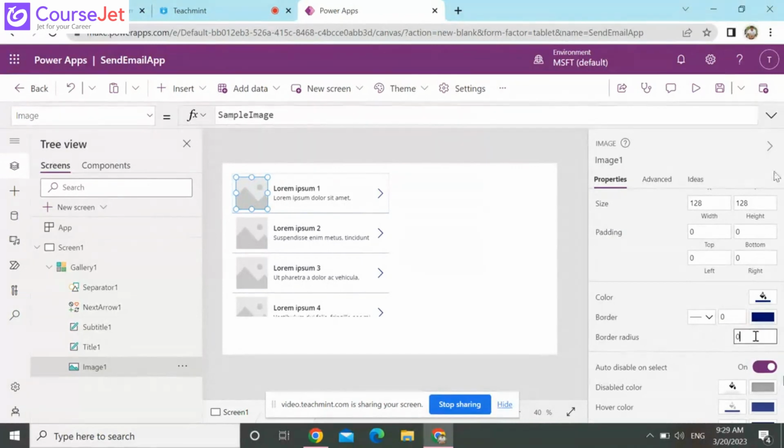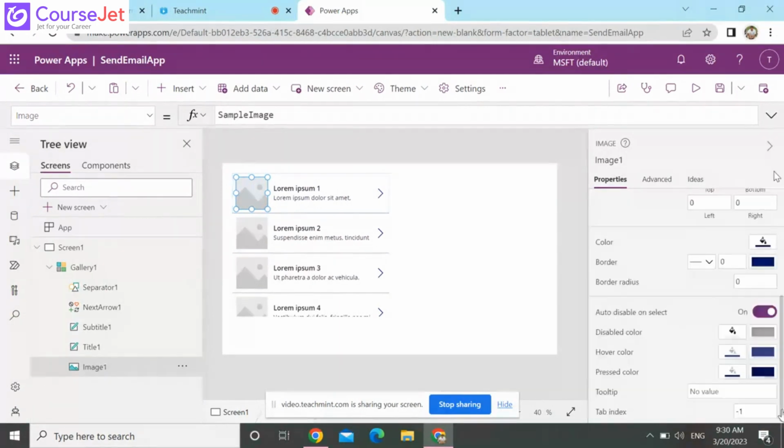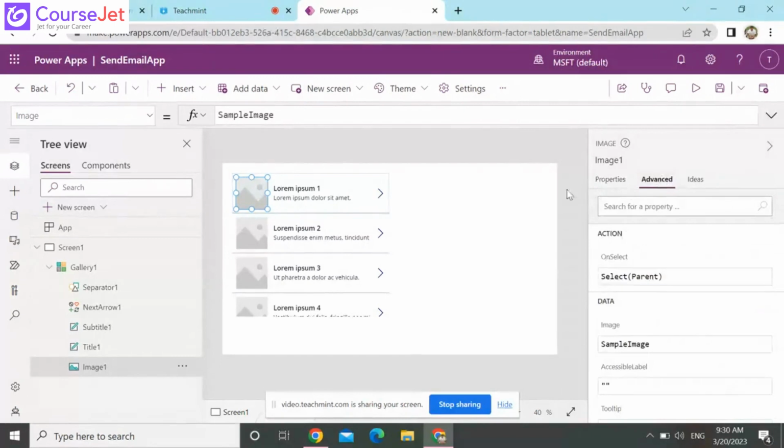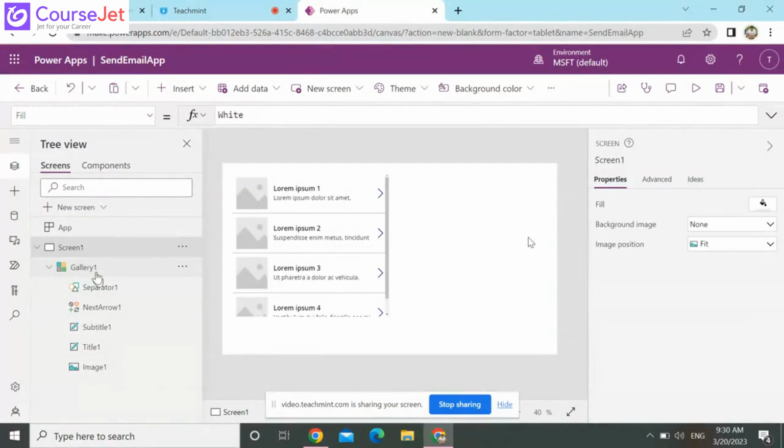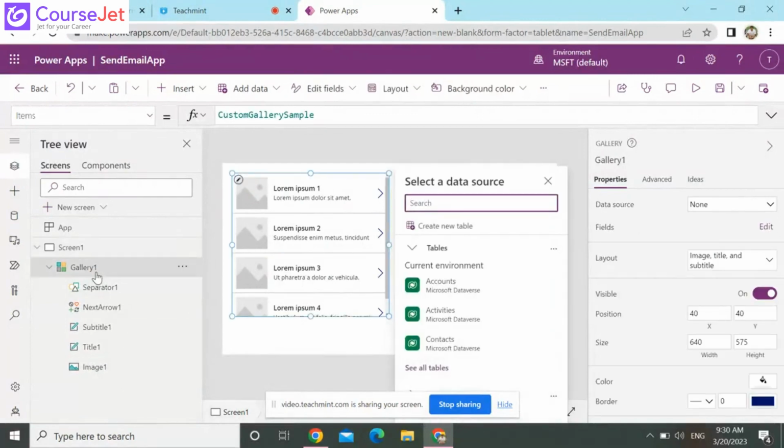Border radius, graphics, and advanced you can see. Oh, it actually seems small. Selected only the image. Okay, I'm selecting the whole gallery. From the gallery you can see, I'll select this